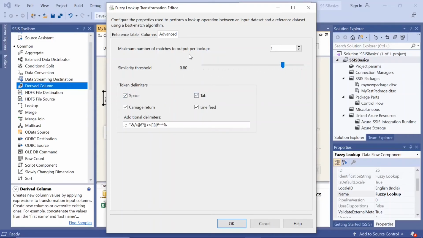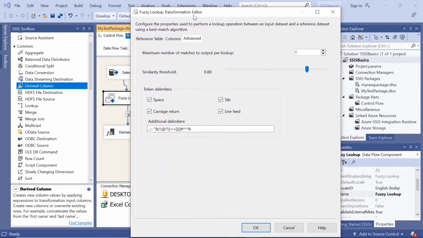So that's how you can set this similarity threshold according to the requirements of your data, and then execute this fuzzy lookup, so that you will know, based on these adjustments of the similarity threshold, the similarity level differs, and then you can decide based on the accuracy of your data,